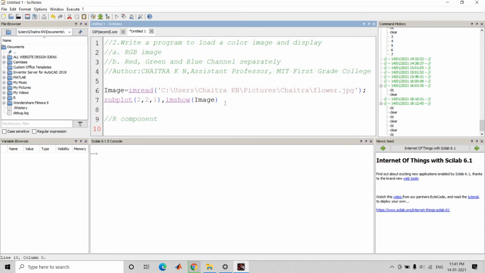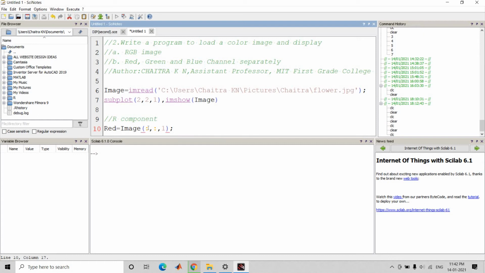Next, for the red component, the image is stored in a variable, image of colon, comma, 1. It extracts the R component from the RGB image.